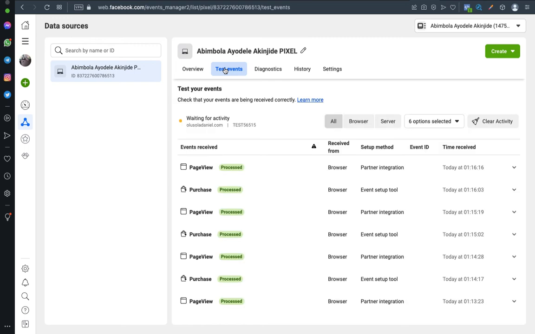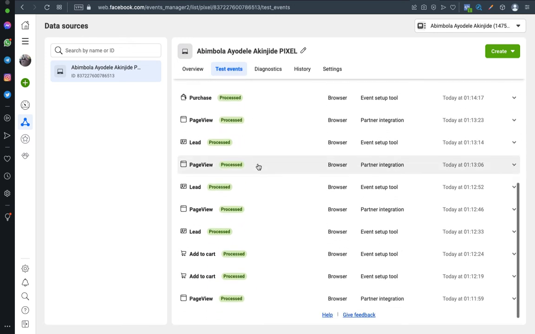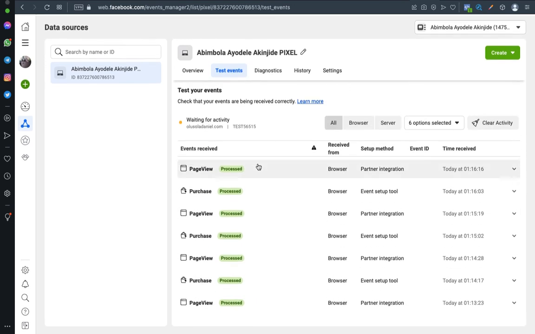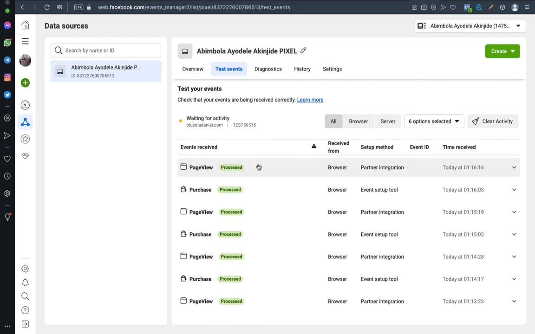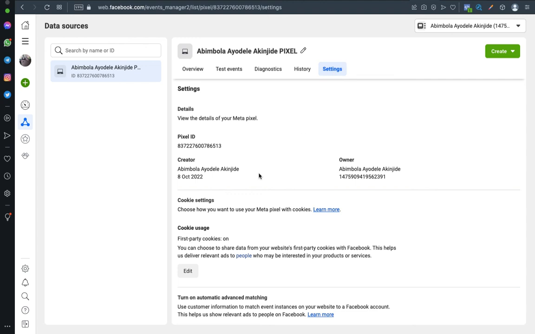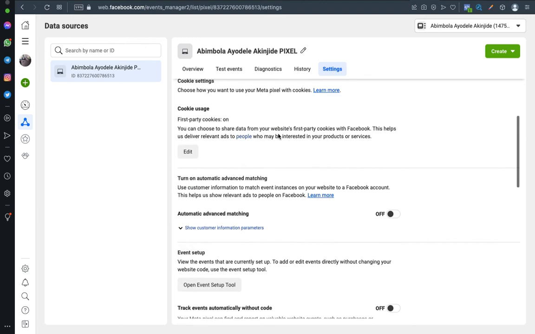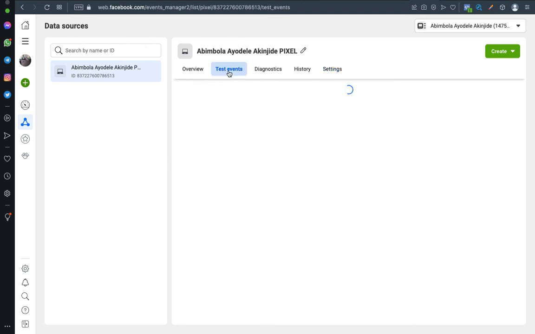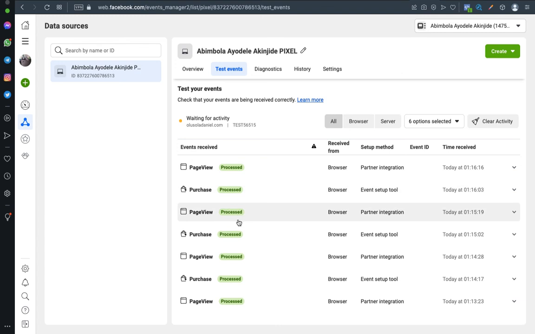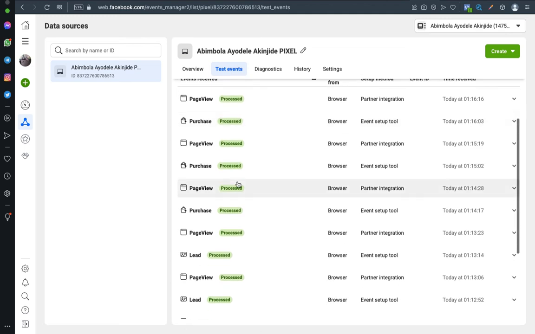Although I've already tested the events, let me see if these are the events that have been carried out on the page. But for you to test it once again, let me just show it to you. If you notice in the last video, I was able to paste the link here and open the website to start testing the events. But because I've tested it before, the only thing it does now is to process every action